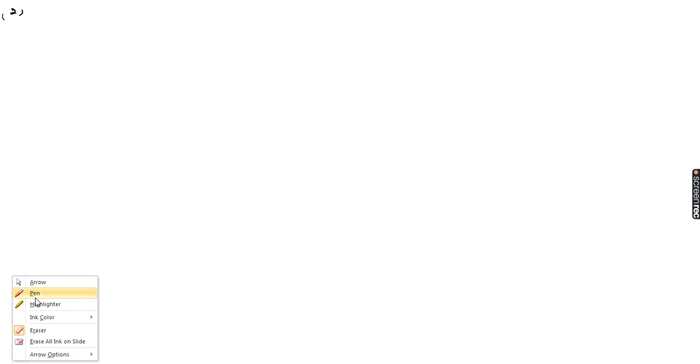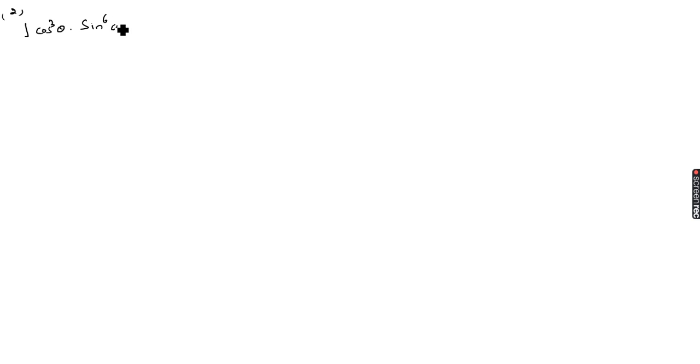So the next question is the integration of cos cubed theta into sin power 6 theta into d theta. So here the solution is,